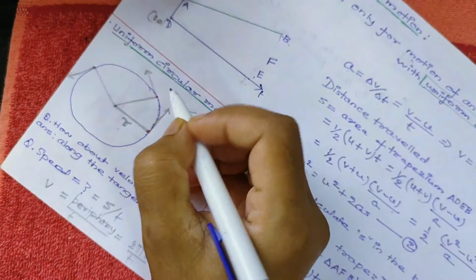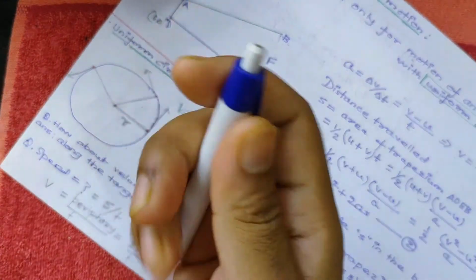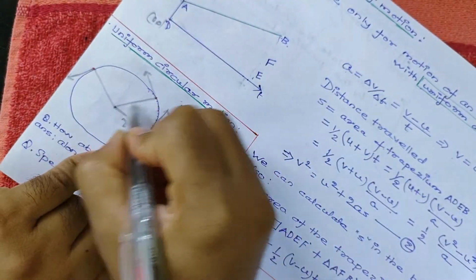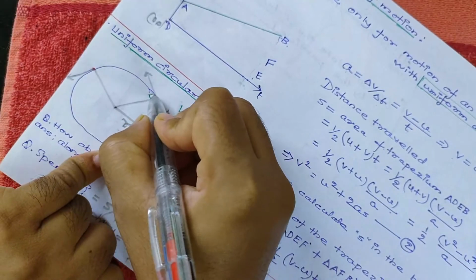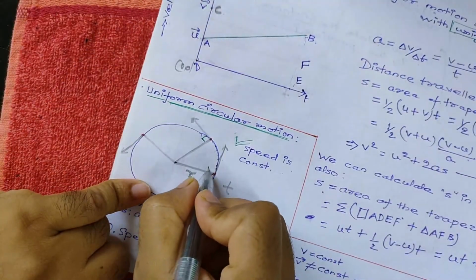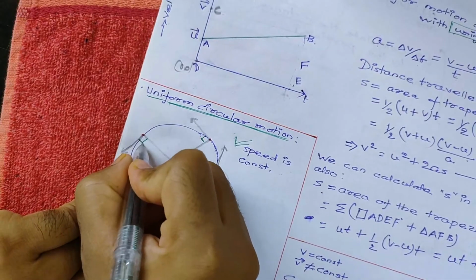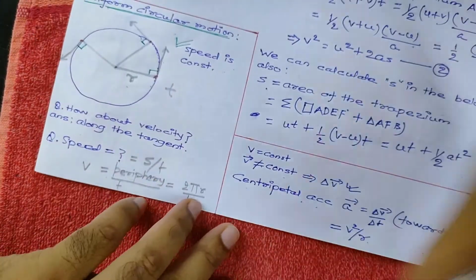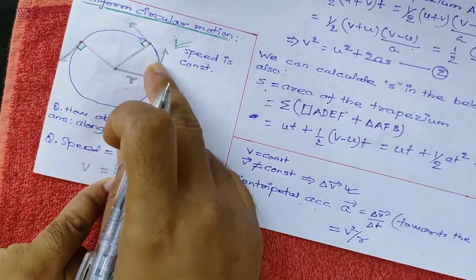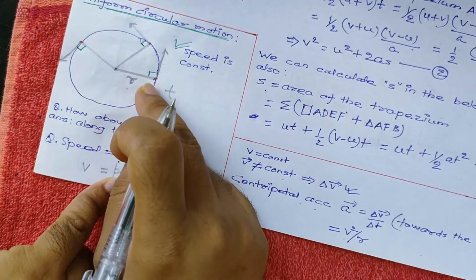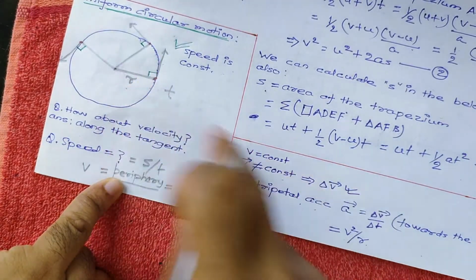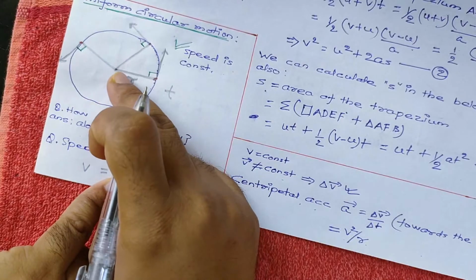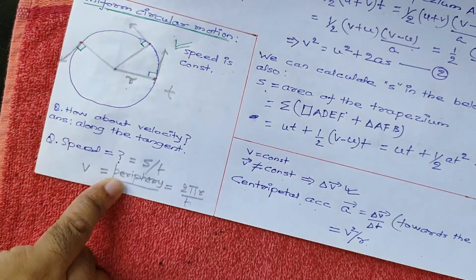So there exists an angle of 90 degrees here. Let's see it. We know what the angle between tangent and radius is: 90 degrees. Till now we studied mostly motion along a straight line. This is a bit different. Here the direction of the velocity is along the tangent of the circle, but acceleration acts towards the center, and there exists an angle of 90 degrees, meaning acceleration is perpendicular to the velocity.